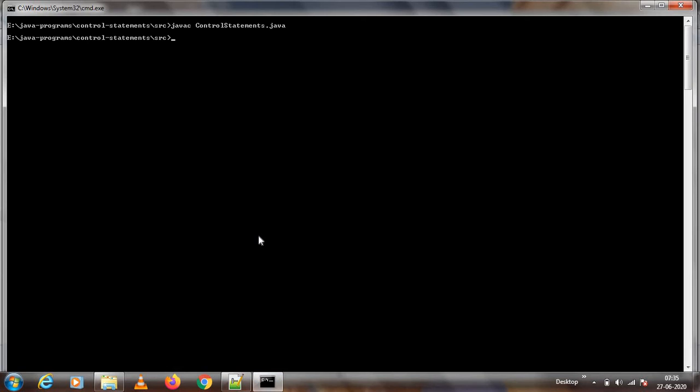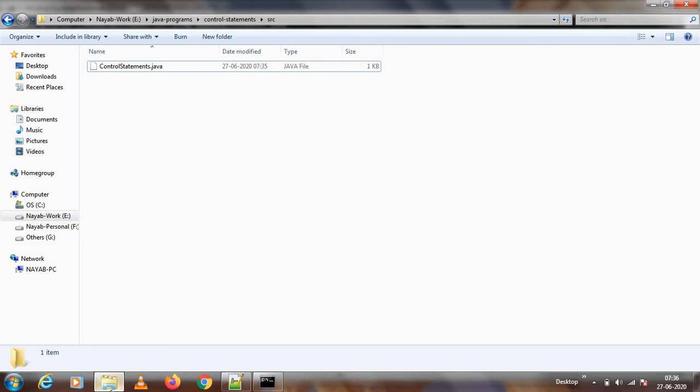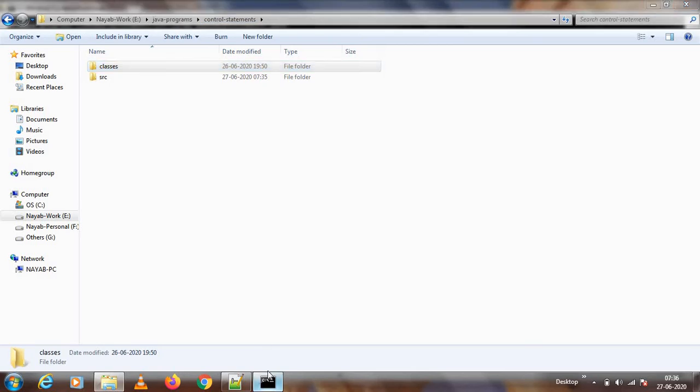So how can we do that? This is my javac command. At the time of compilation, we can say to the compiler, put my generated .class in this destination. Hyphen d is the destination. If you see here, we have a classes folder one step above. This is src, so we should come above and then go inside classes. This is the meaning of that.